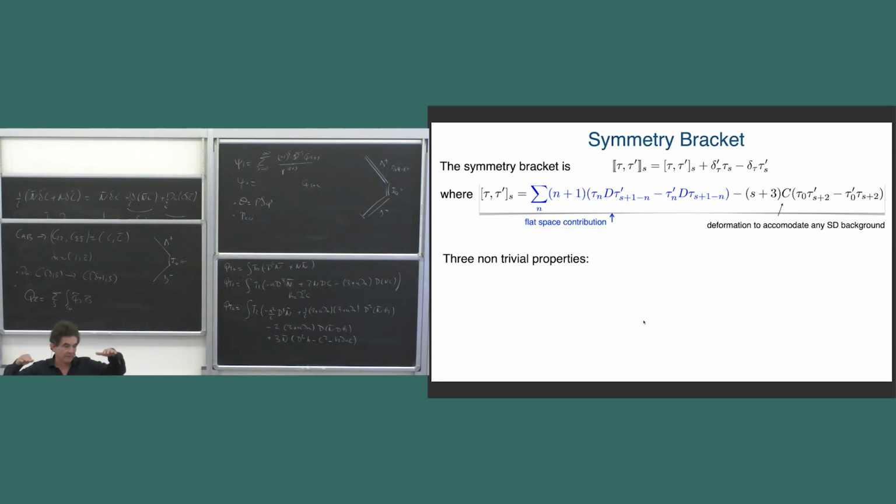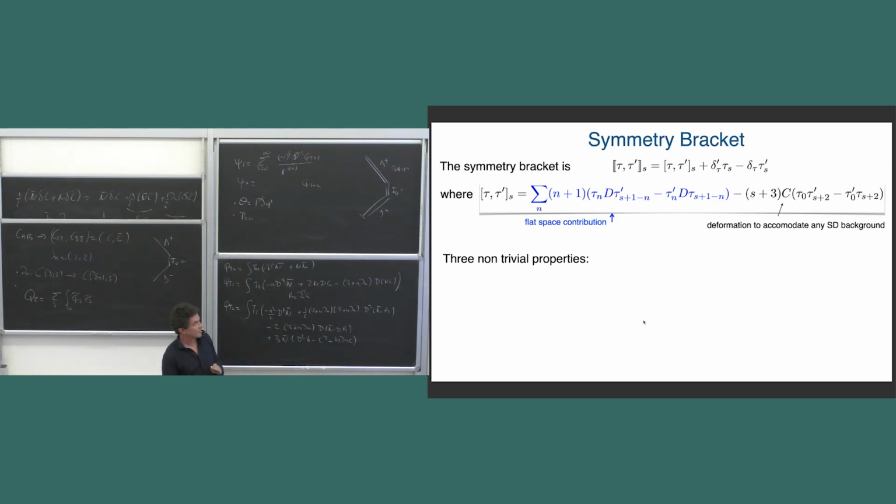Higher spin vector fields have a natural canonical symmetry, which is the Frölicher-Nijenhuis bracket in mathematics, where you can take the commutator of two higher spin derivatives and get a higher spin derivative. This is a generalization of vector fields. The only thing is that the Frölicher-Nijenhuis bracket will not have this +1. So gravity makes it more complicated, and because you have this +1, you need to correct this term by this nonlinear term here.